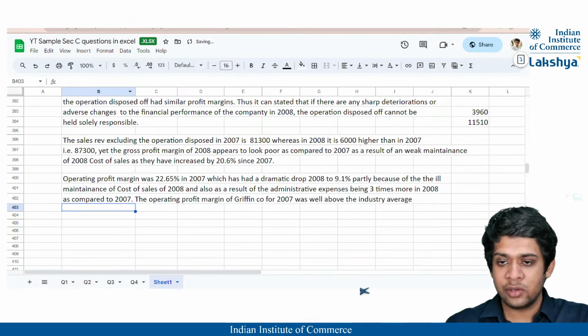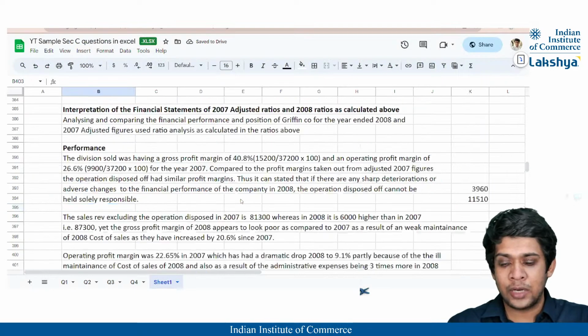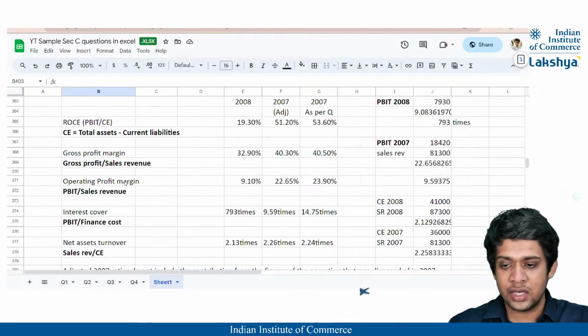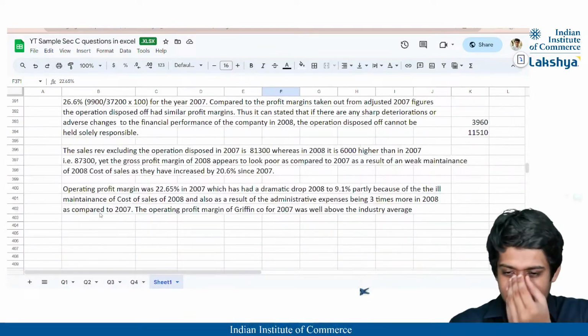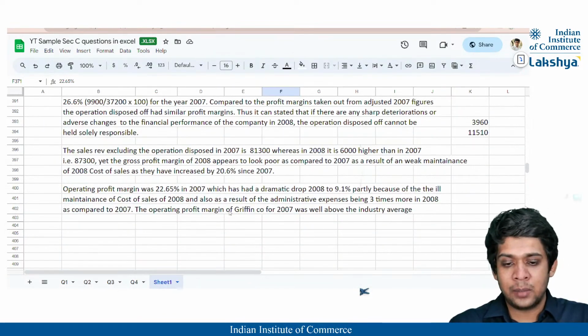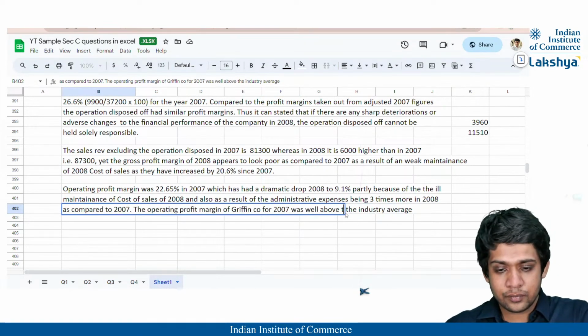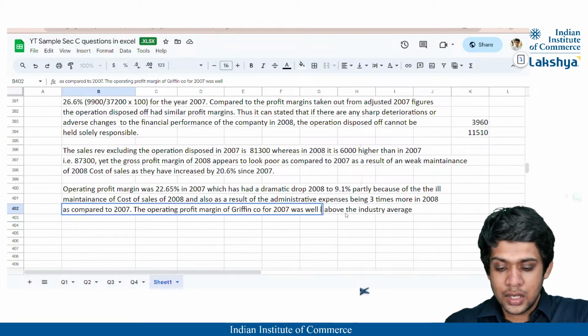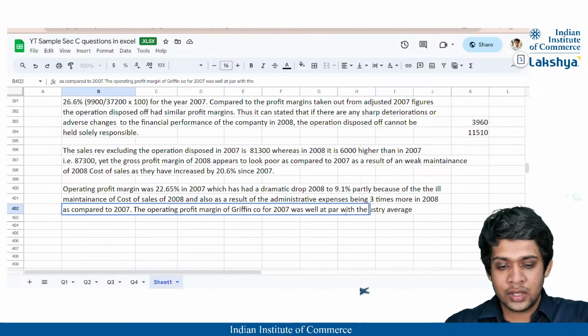right? So for 2007, what was the industry average? It was 21%, right? And the operating profit margin for 2007, actually, it was not that great, right? So we are not mentioning this part. The operating profit margin of 2007 of Griffin Company was well at par maybe with the industry average,